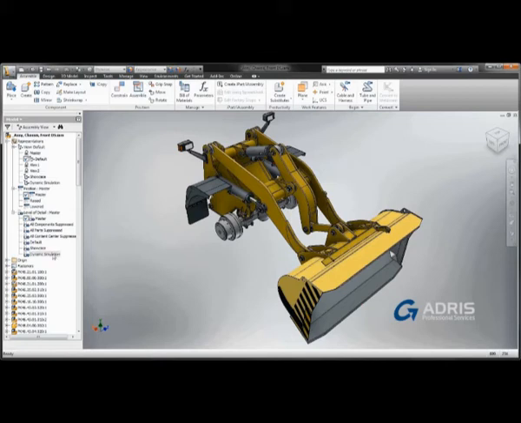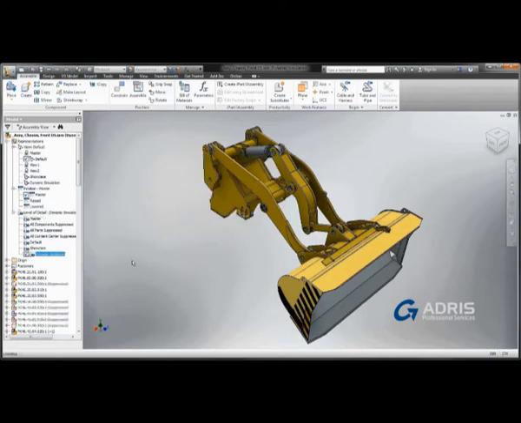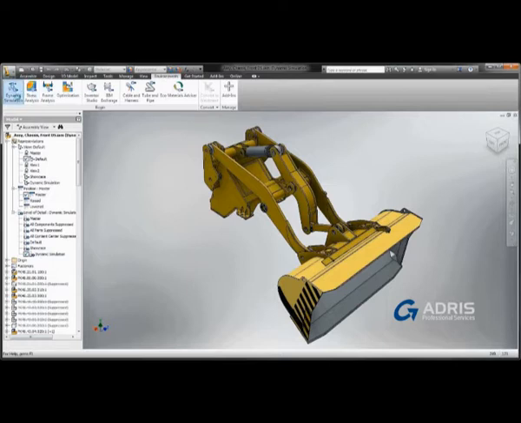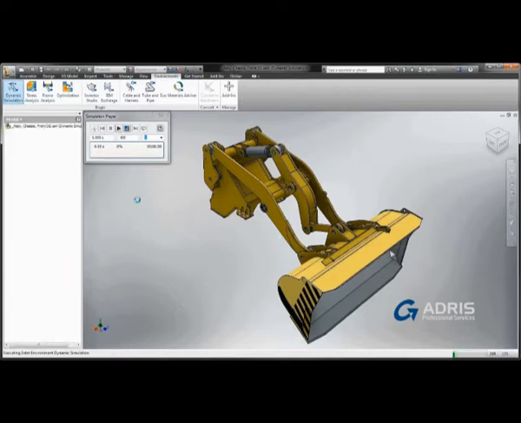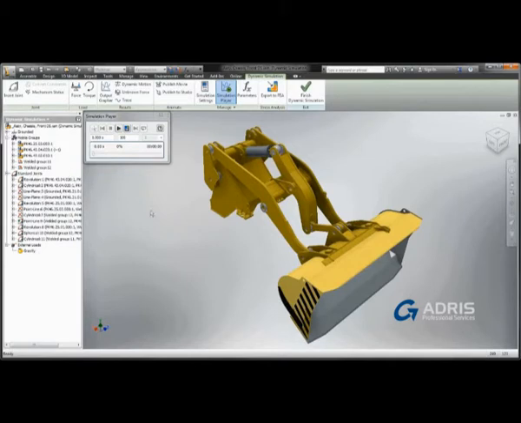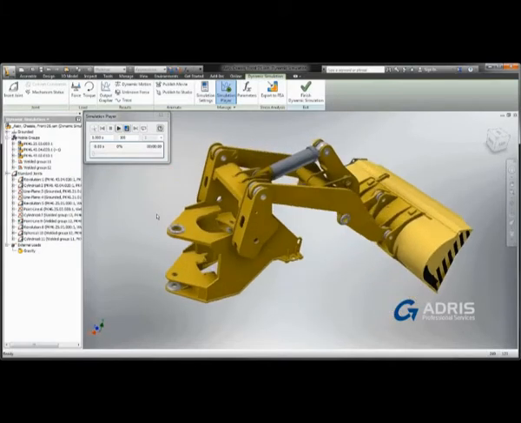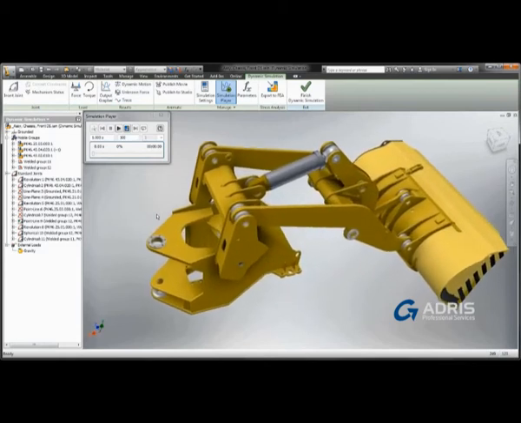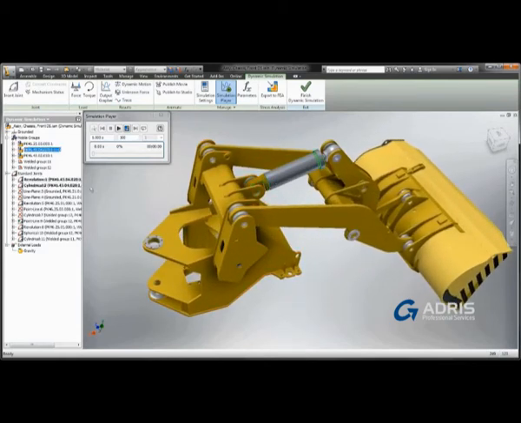Alright, let's take a look now at an integrated dynamic simulation and stress analysis example. We're going to start off here in the dynamic simulation tool. We'll utilize a level of detail rep for dynamic sim, which removes components that are inconsequential to this analysis. Now, first step here is essentially to use unknown force to figure out what the force required is on this